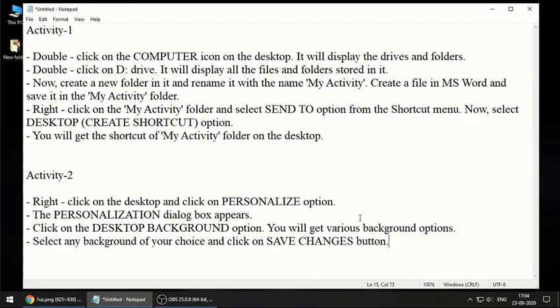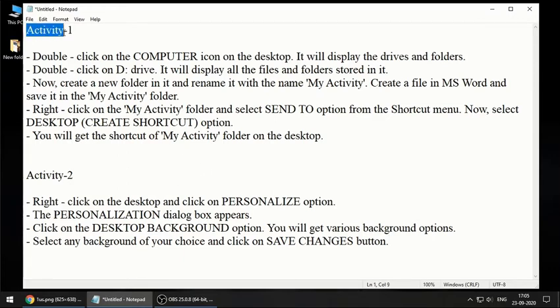But before we start anything, I'd like to tell you some important things. First of all, many of you must already know the difference between Windows 7 and Windows 10. Some of you may already be using Windows 10, some of you may be using Windows XP, some of you may also be using Windows Vista or whatever. So let me tell you that on my computer I am using Windows 10. So as per your textbook, you may not have the same things as mentioned over here. But anyway, I will try to explain it as much as possible.